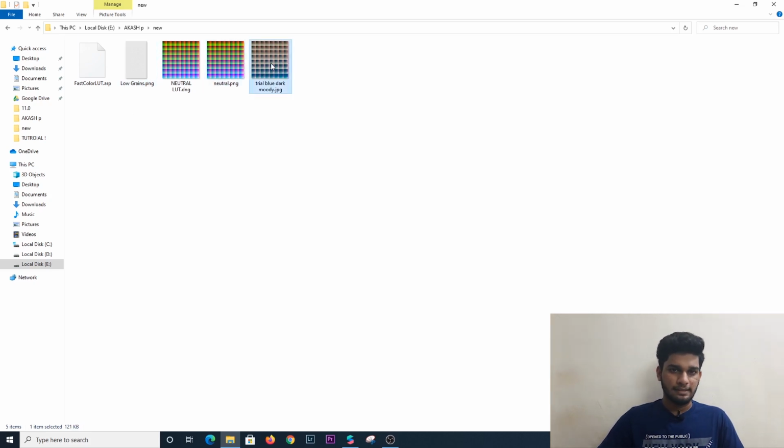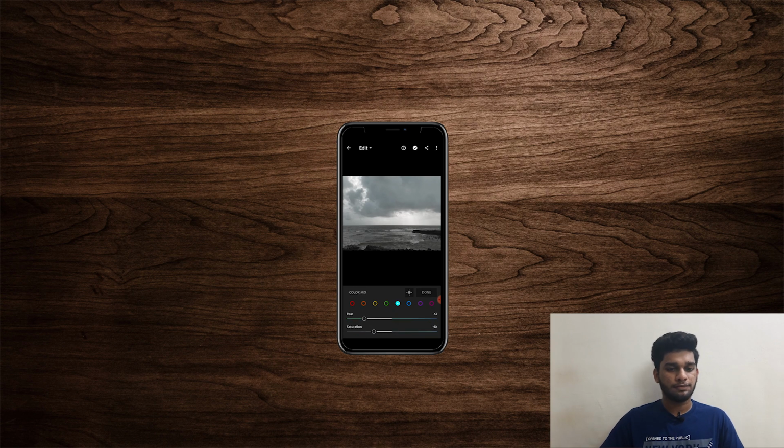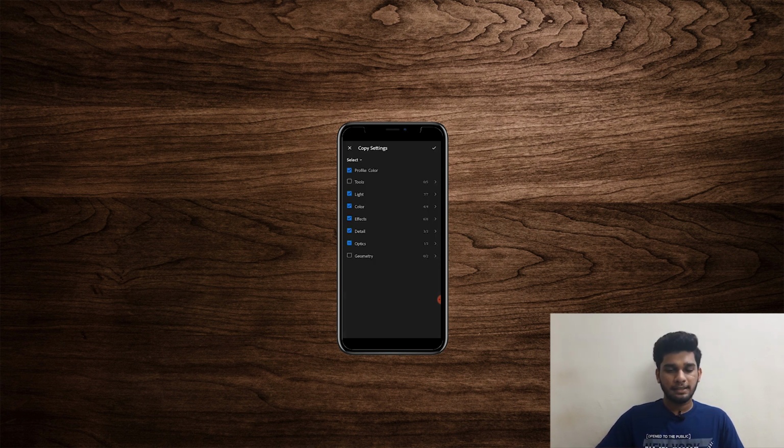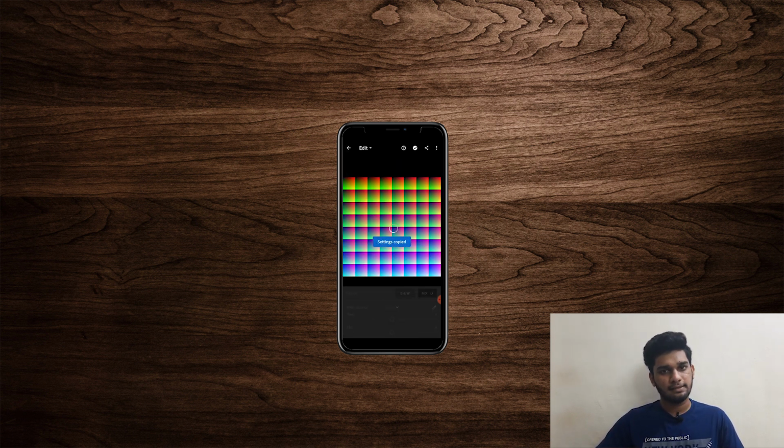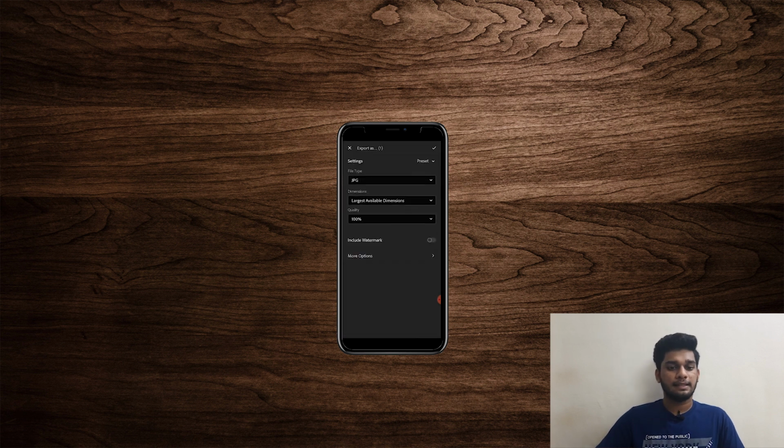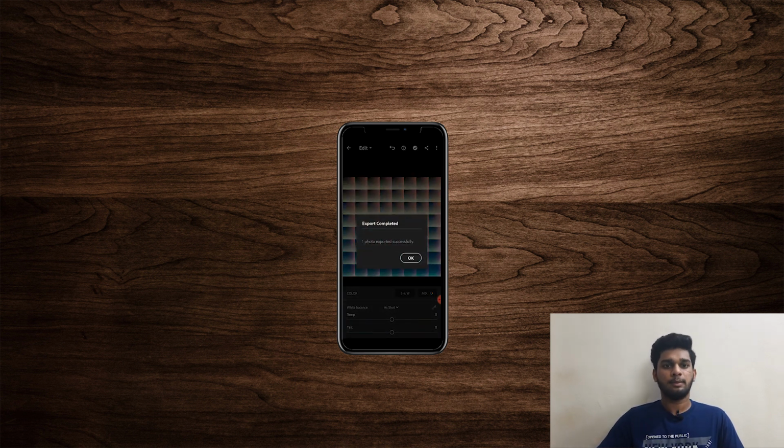If you want to use this Lightroom preset, you can go ahead and download this file. But if you want your own customized filter, all you have to do is download this file, neutral PNG, in your Lightroom mobile or Lightroom PC. You need to paste the adjustment settings on this file and just save it. You can save it in JPEG form, but sometimes JPEG form might not work properly. So if you can save the file in PNG form, it will be better.